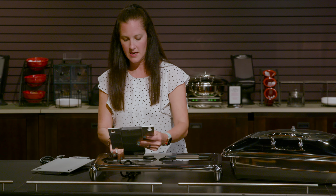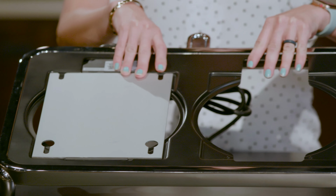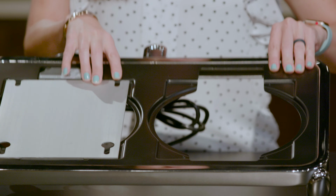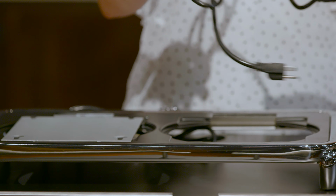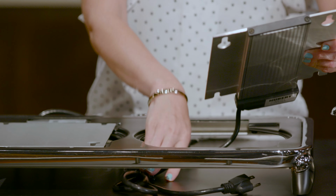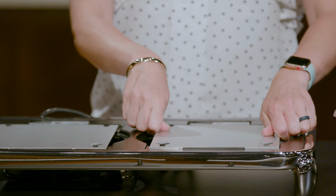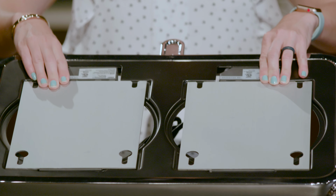And I'm just gonna tuck it inside. You will notice on this low profile frame that there is a cutout. The electric heater just drops right inside that cutout. So I'll stick this one in here. You kind of tuck the cord through the back. So as you can see, I have these both in here, again with the cords hanging out the bottom of